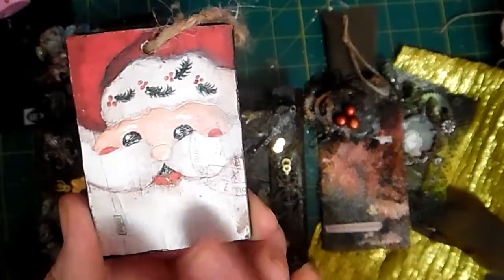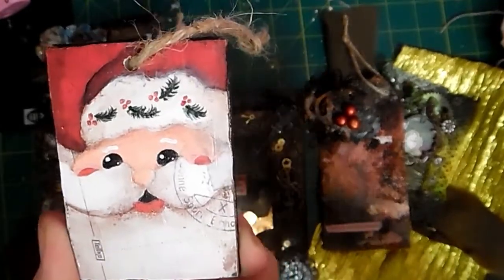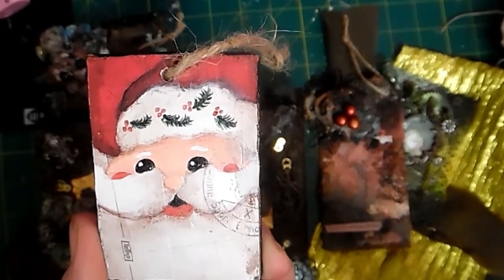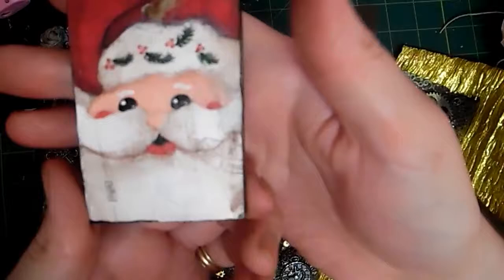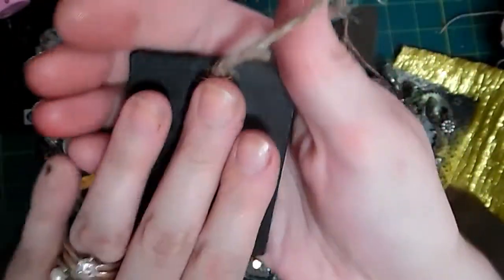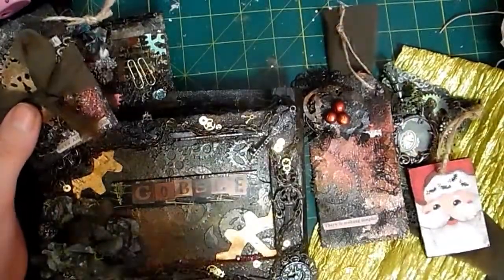Now I've actually painted this. I've done it with acrylic paints, and it's the way you paint it. You use a technique called floating, and I'd probably have to do a video on YouTube to show you guys. But I put one of these in for the lady. She could hang it on a tree. She could use it in a project. Who knows? And I painted the black with black acrylic. So the third one that I did